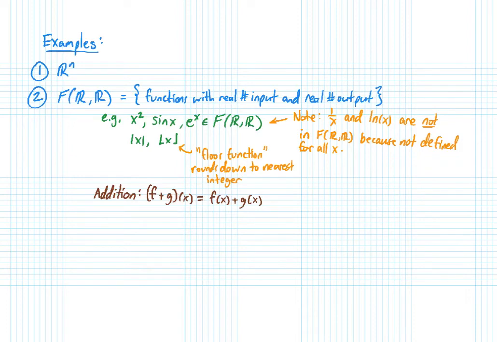The idea is that when you add two functions together, if you have an f and a g and you calculate f plus g, that function is defined by the fact that (f plus g) of x is f of x plus g of x. The plus signs in this equation are actually different. The one on the left is the addition of functions, and the one on the right is the addition of real numbers. And what's going on here is that we're using the addition of real numbers to define the addition